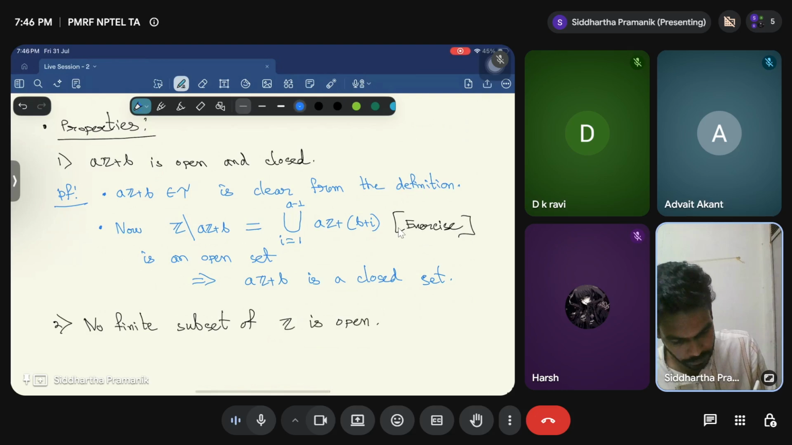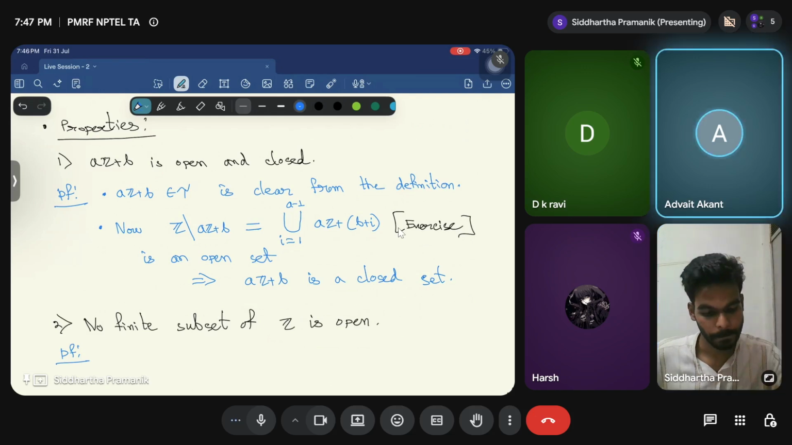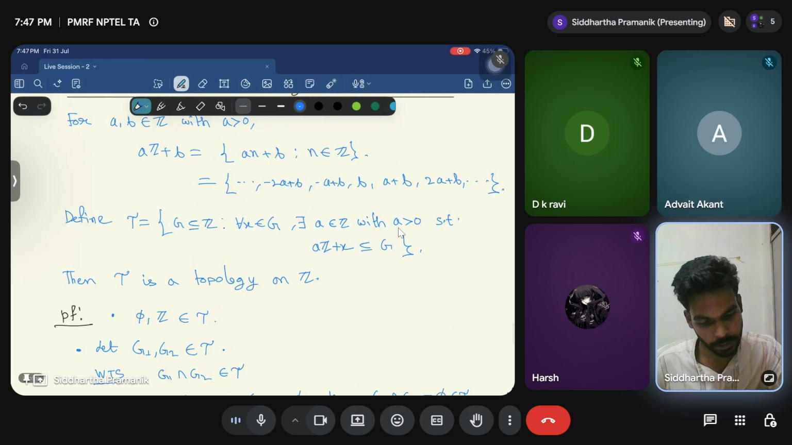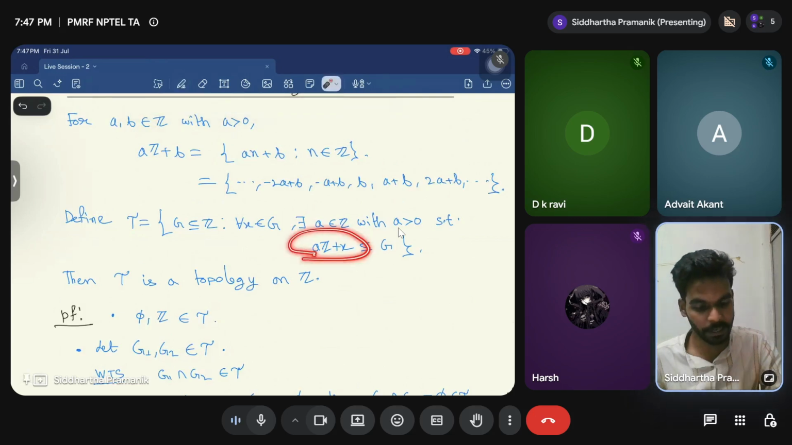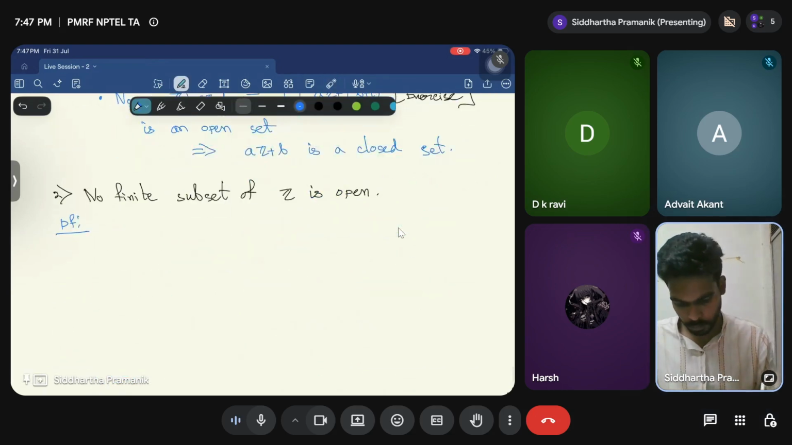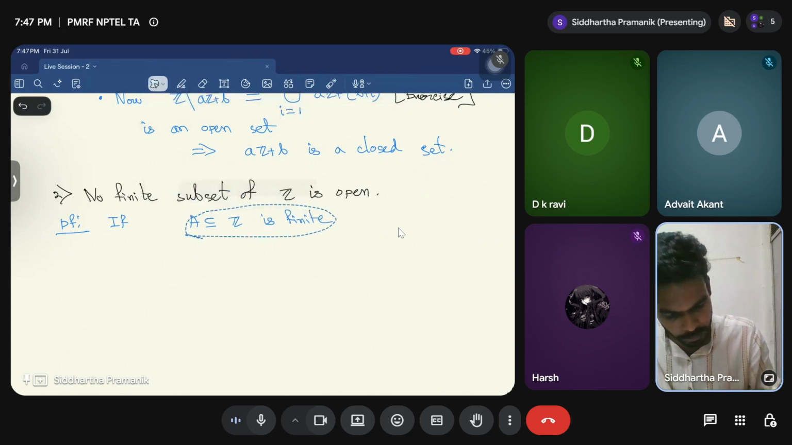Now this one is very easy to see. Can you tell me why this one is easy? Because otherwise it would contain an infinite set. Exactly. So these Az plus x are infinite sets. So if a subset of Z is finite, but it has to be non-empty because the empty set is already there,